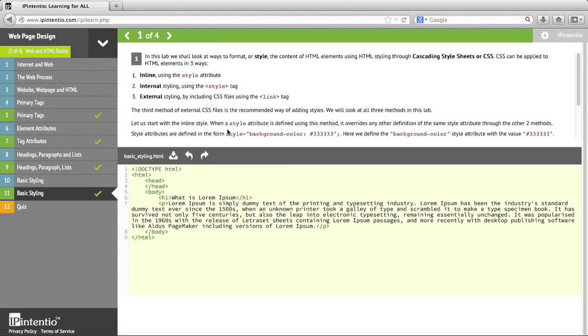Okay, so I'm sure that by now you must be itching to start styling your page a little bit, right? So we've learned about elements, we've learned about a few key tags or elements that are used very commonly in HTML. But now it's time to play around with the appearance a little bit, right? So here we shall look at ways to format or style the content of HTML elements using CSS or cascading